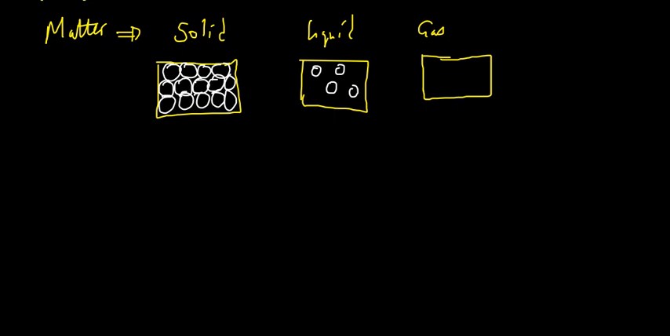Now gases, they are really freely able to move. They can move in any direction. So they have got total freedom. That is on the arrangement of particles. Solids, they have got particles closely packed, liquids they have got some space, and then gases are freely able to